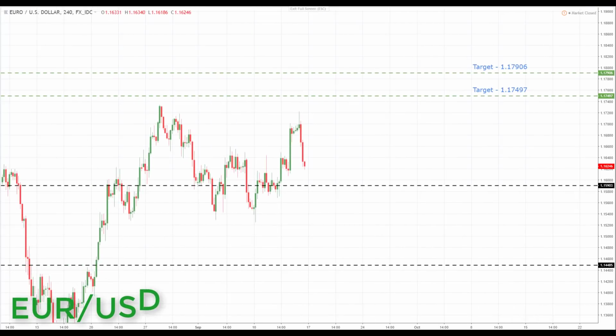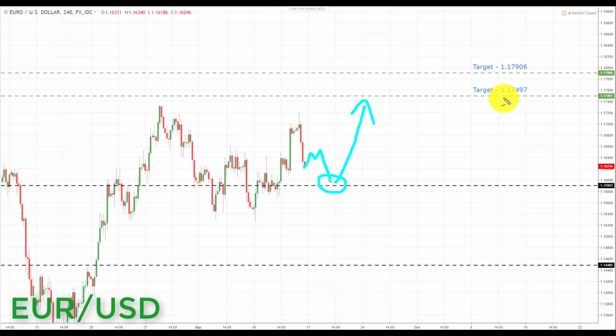So the first pair we're going to look at is euro dollar. Now we start the week above the key area of broken resistance, looking to turn support at the 1.15903. If we can get a pullback, and preferably if we can get a pullback and a retest of broken resistance, turning support, this is going to be a great place to start to look for bullish formations and patterns. And we're going to be looking at initiating longs in the euro dollar up towards the next key area of